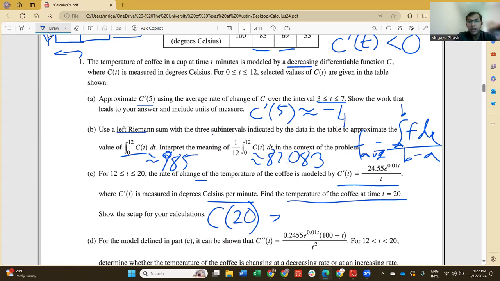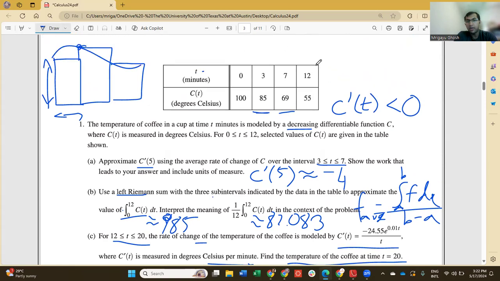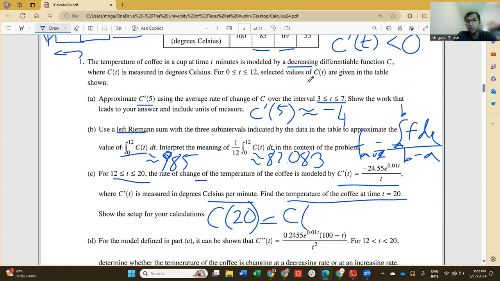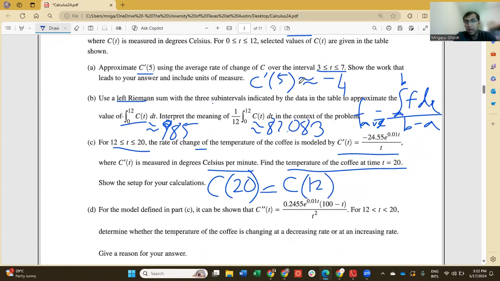So any time we're given a derivative and we're asked to find the value of a function, we're going to have to use the fundamental theorem of calculus, right? So C of 20 is going to be C of some initial value, and this is valid from 12 to 20, right? So why don't we just use C of 12, because that's given in the table, right? So we're going to use C of 12 plus the integral from 12 to 20 of C prime of